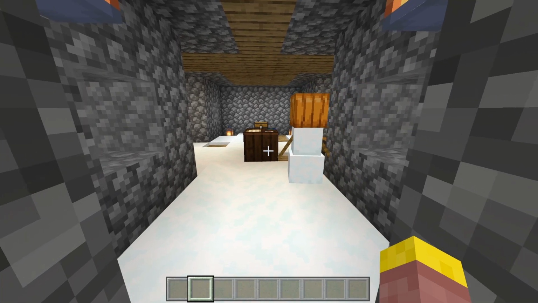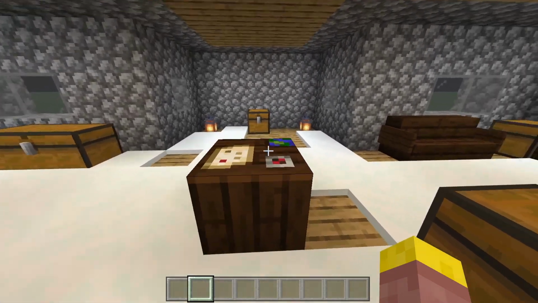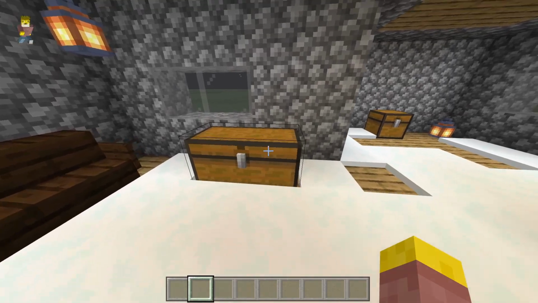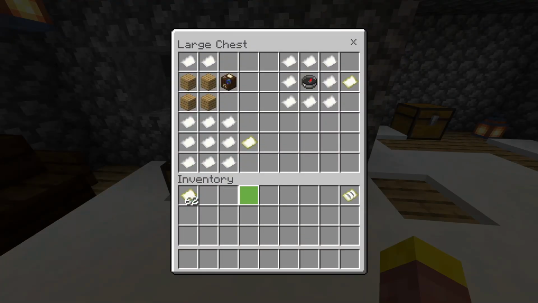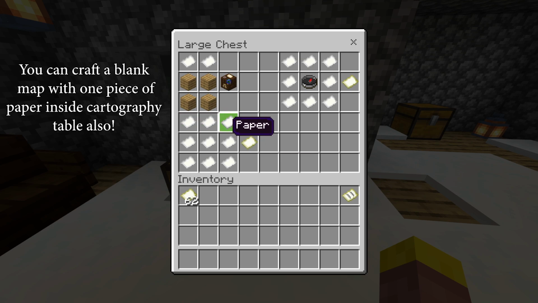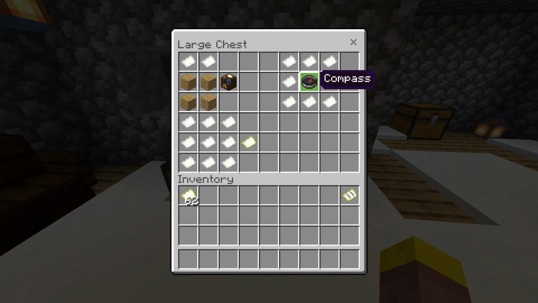So let's go inside our wonderful little cottage here. We have a cartography table, but if I come over here, I'm going to show you guys a couple of different crafting recipes. First of all, to craft a blank map, you're going to need 9 pieces of paper. Now this is a unique crafting recipe to Bedrock Edition. If you were going to craft an empty map on Java, you would need to do this, which has a compass. But on Bedrock, this has a separate use, and it makes something called a Locator Map, which is different from an empty map. And also to craft a cartography table, you'll need 4 oak planks and 2 pieces of paper,